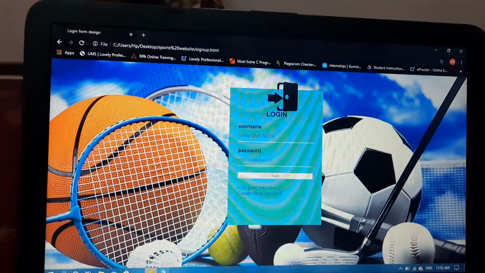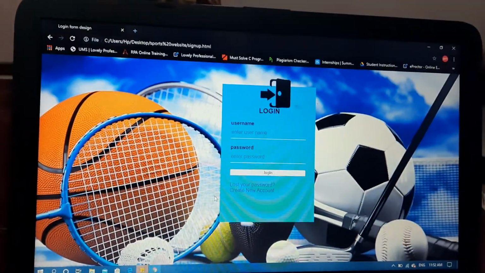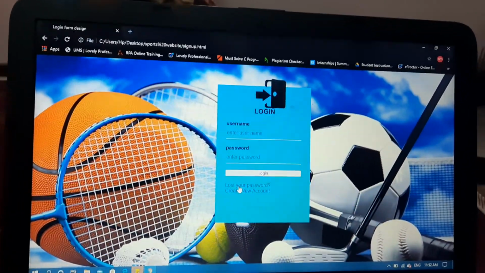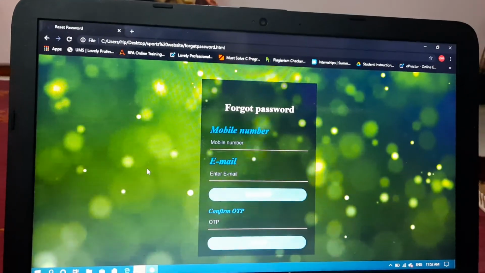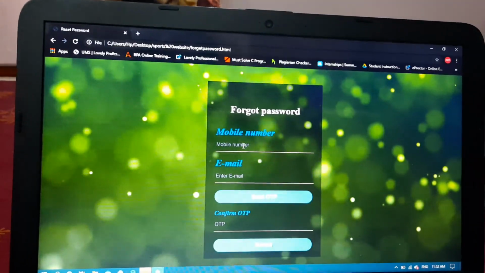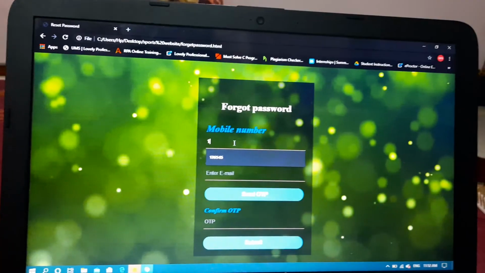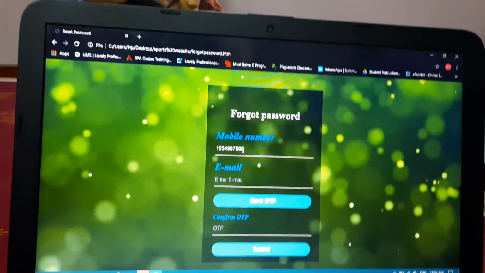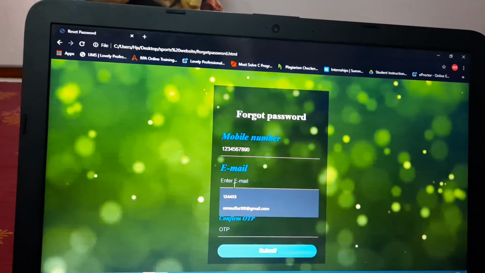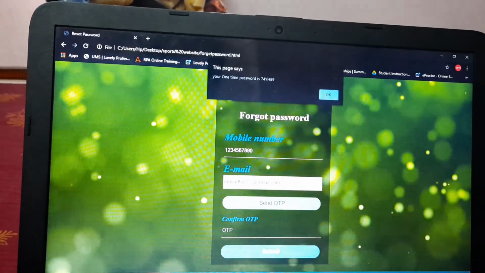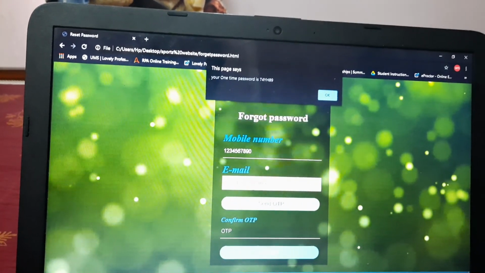Suppose the user lost his or her password, then what are they going to do? They can change the password by entering the mobile number, for example 1234567890, and an email.